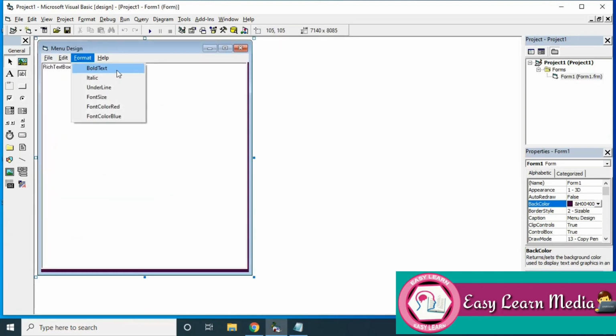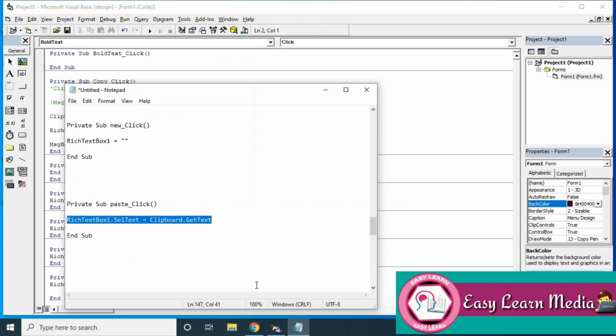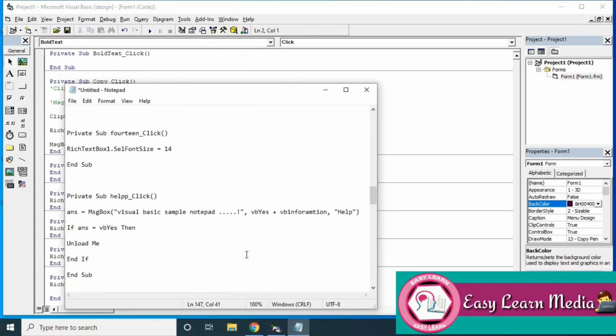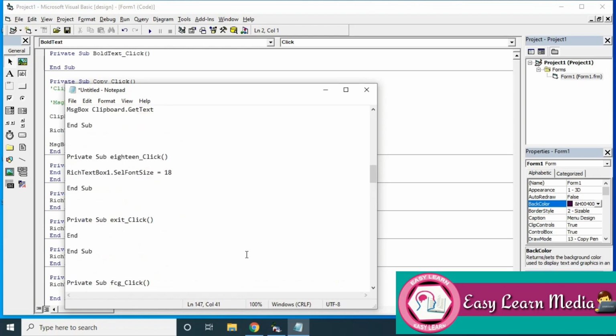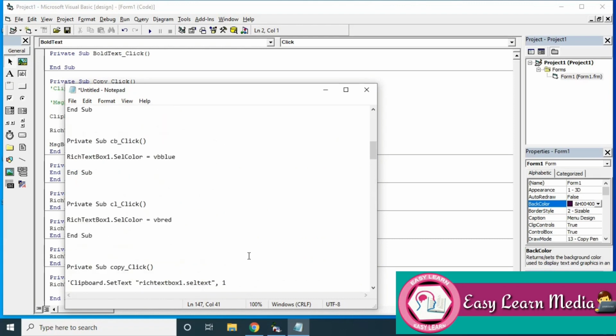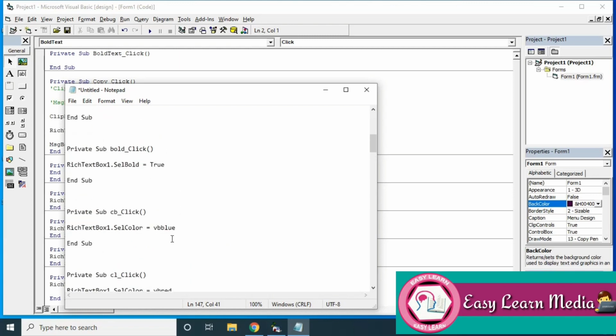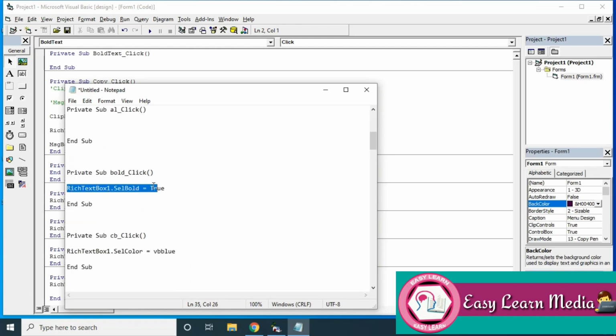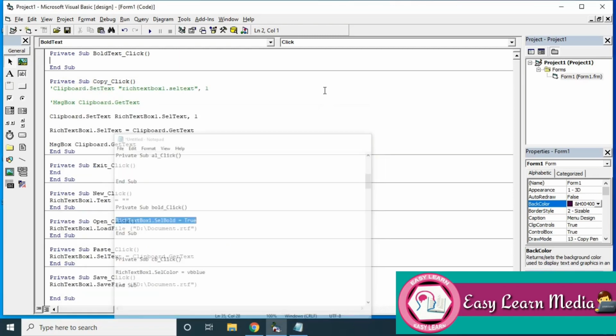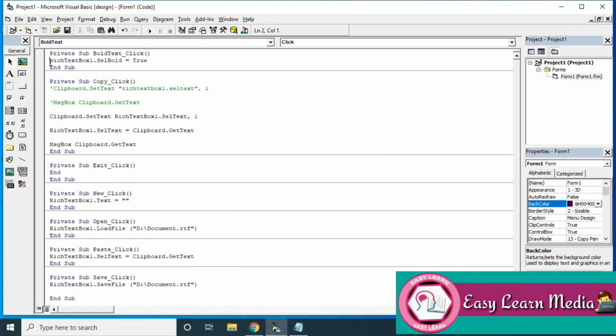Okay, now we move on to making a text bold. So we have the code RichTextBox1.SelBold equal to true. We are just making SelBold true.